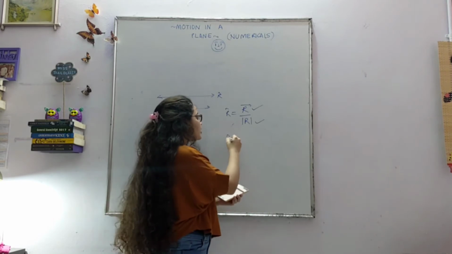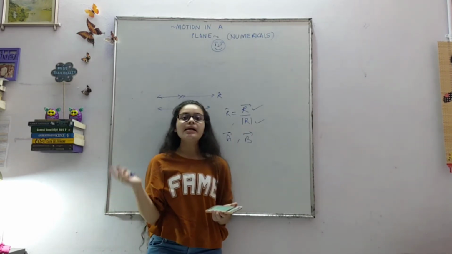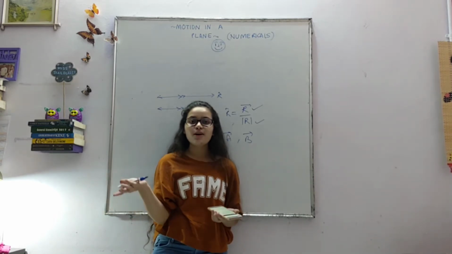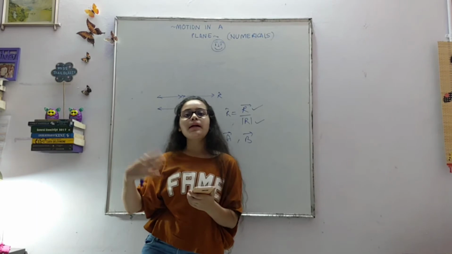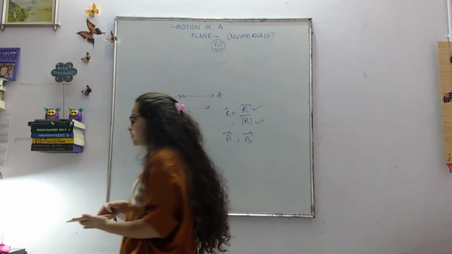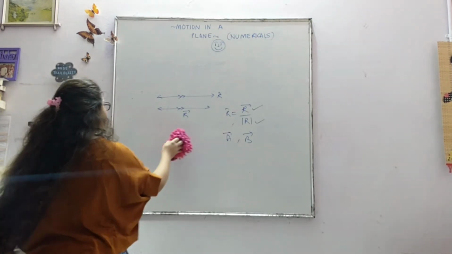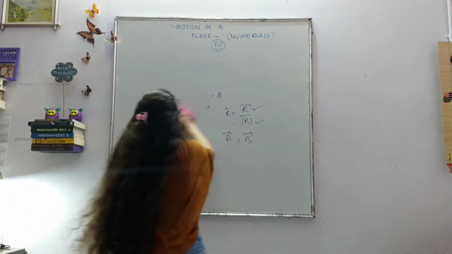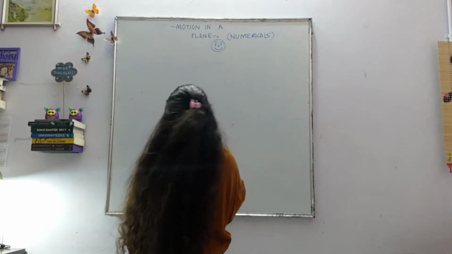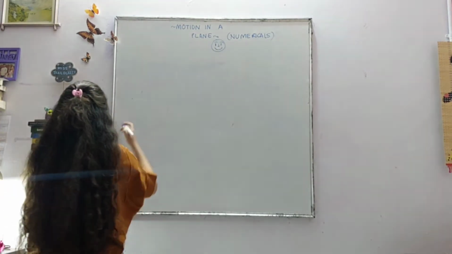So you know two vectors are given to you, A vector and B vector. Do you know how to calculate the resultant? We've done this, triangle law of vectors. Just add the two vectors, you will get the resultant. I will just explain this question in depth at the moment so that you get a better picture of the question. Alright? So this is the fourth question of today's session. It is a very interesting session, right?